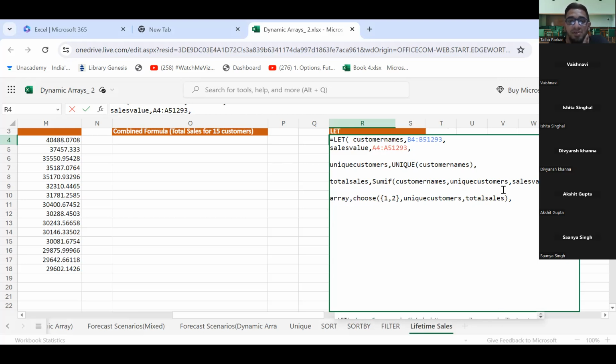So you will write sorted array, or sorted data, whatever name you want to give, comma, because that is a variable. Inside it, what will the calculation be? You will start with SORTBY, you will open the bracket, okay? And